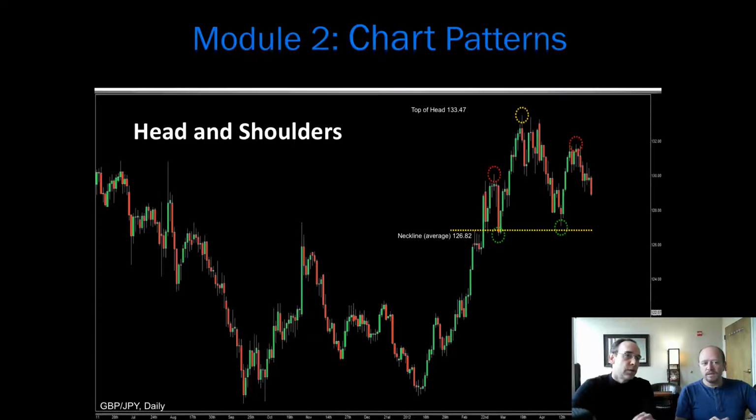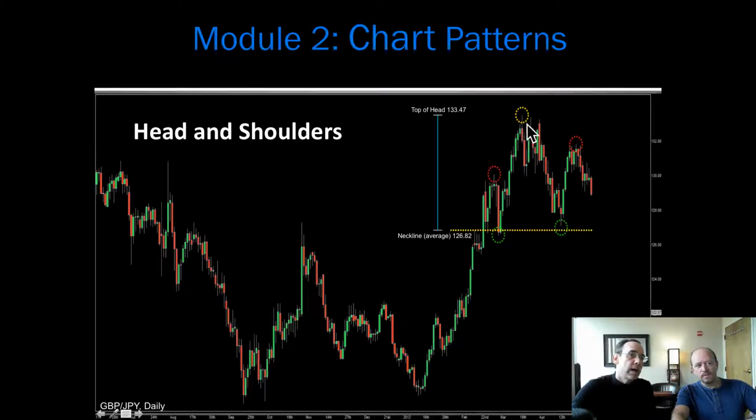Now, the regular head and shoulders, which you see right here, is what you see as far as chart proximity at the top of a run, in preparation for a potential reversal. But when it comes to the target calculation, if we go one more step, we take a measurement from the top of the head, the highest point.